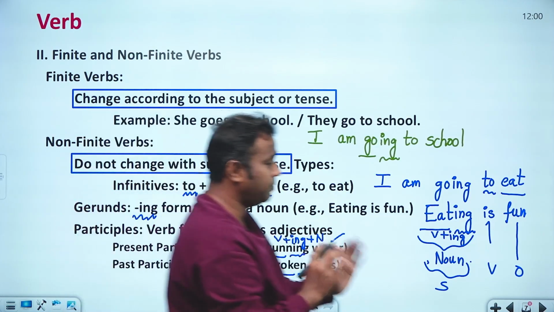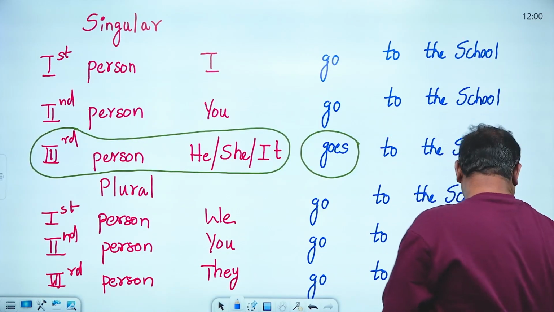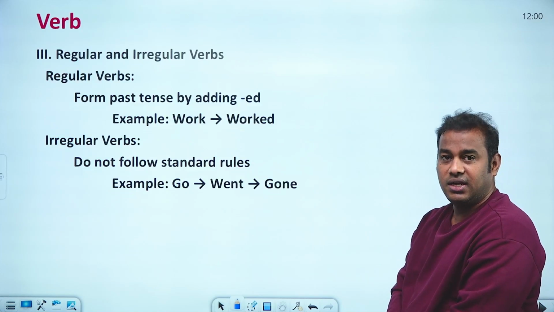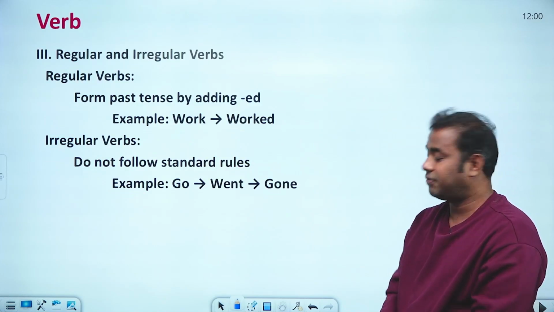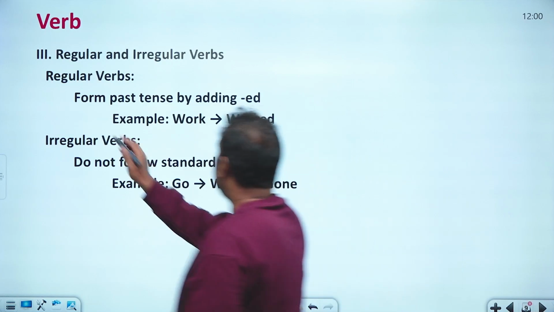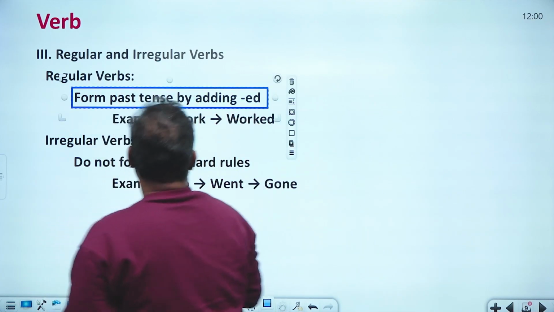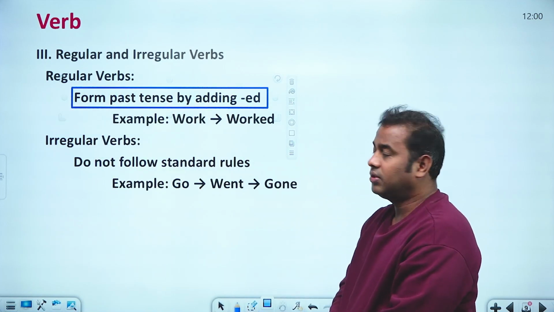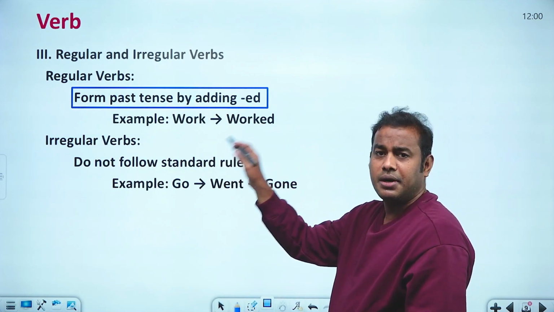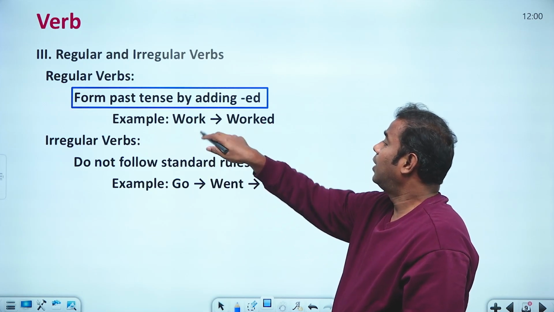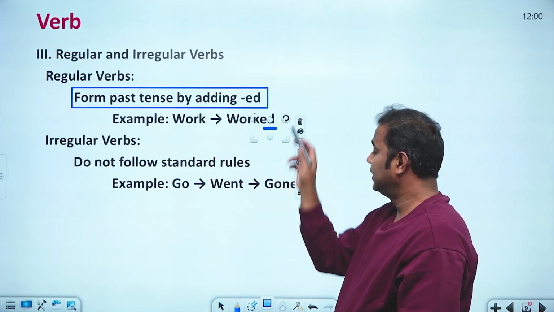So like this, some simple example. Okay. So if you look at the categories, the next category is regular verb and irregular verb. So what is the difference between a regular verb and irregular verb? In a regular verb, the past tense is formed by adding ed. So this is just normal general verbs. Okay, work, worked, play, played. So likewise, if you are able to add ed at the end, then this becomes